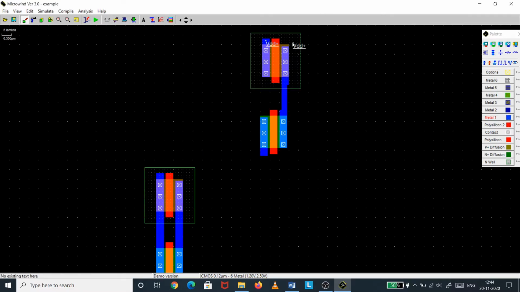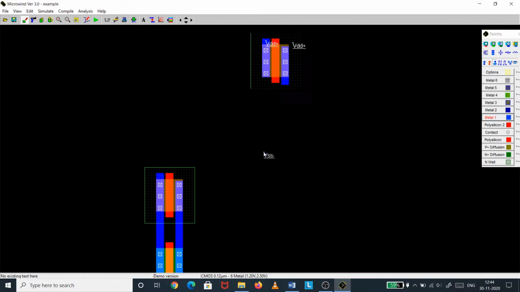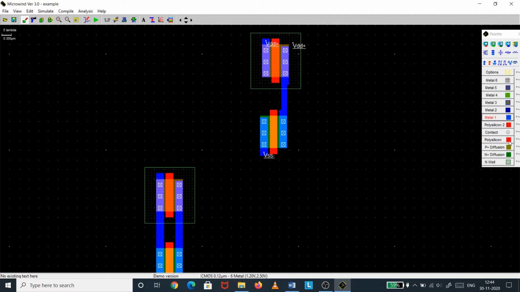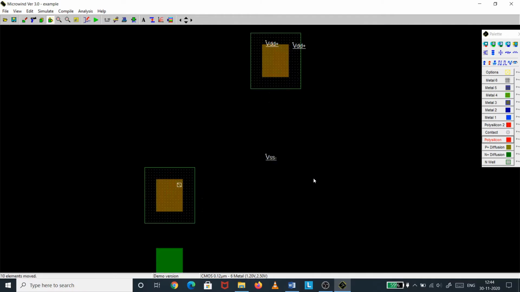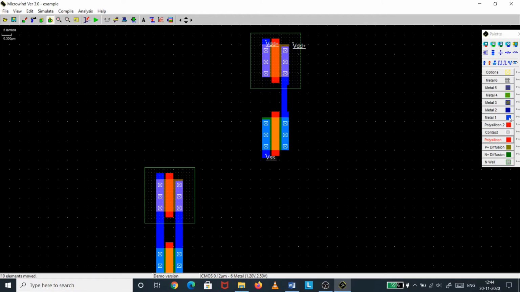We are giving VDD as well as VSS. And also I will connect the polysilicon. I will stretch this and move towards the right so that we can have proper connection.